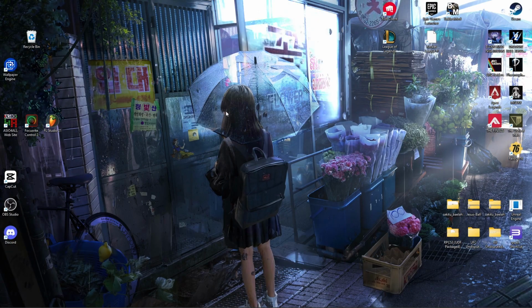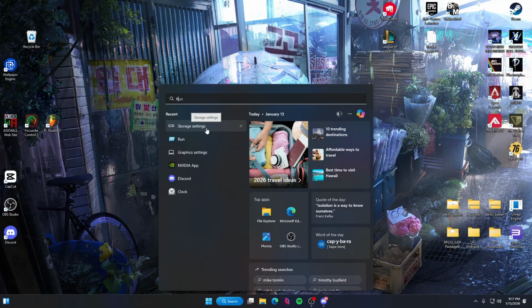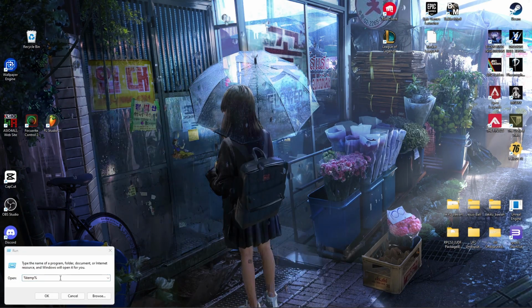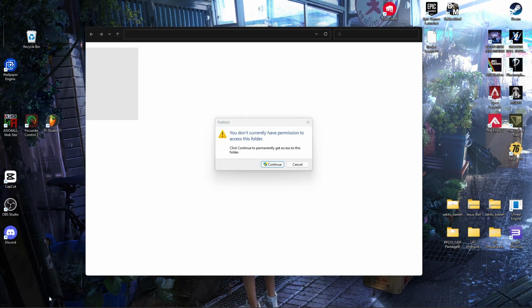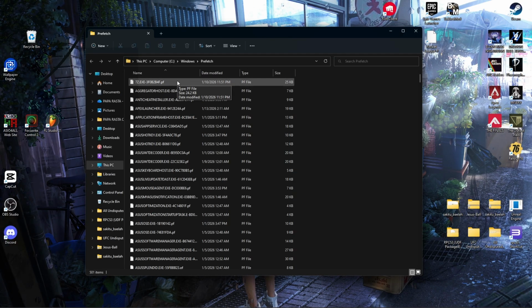And last but not least, step number 3. We're going to go back to our search bar. We're going to type run, and we're going to run a Windows command. First thing we're going to do is type prefetch. Hit OK. Continue. Once you have administration privileges, we're going to hold shift